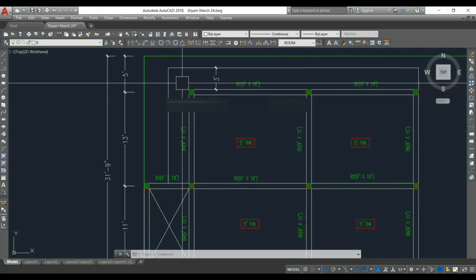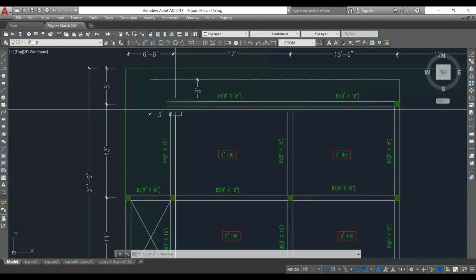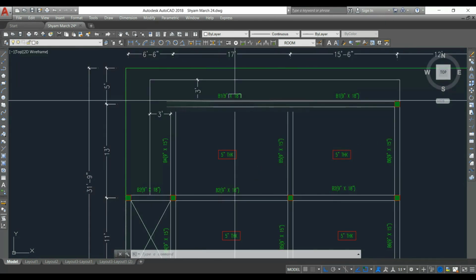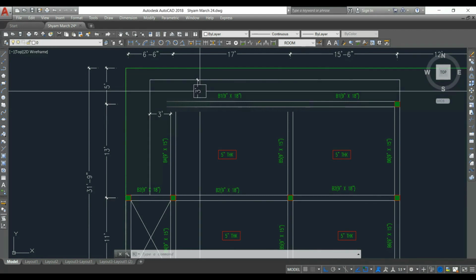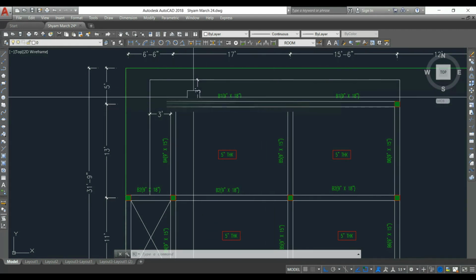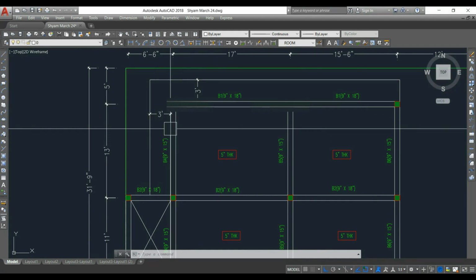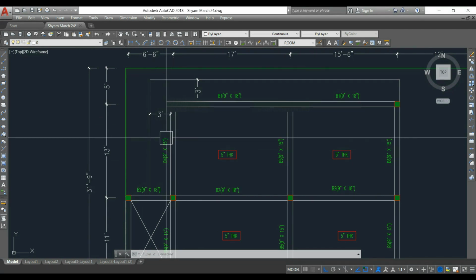And here you can see there are two cantilevers about 3 feet length. So this cantilever length also we need to calculate cantilever slab load, and then we have to apply it in this beam. This is the beam which is going to carry this cantilever slab load, and here this beam will carry this cantilever slab load.